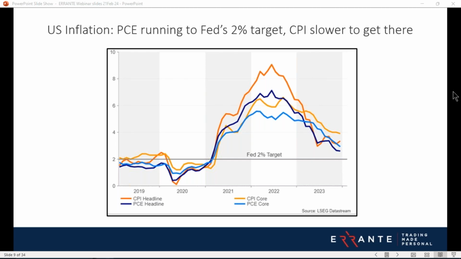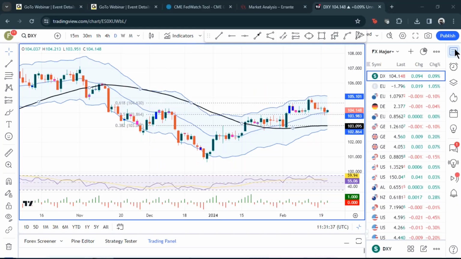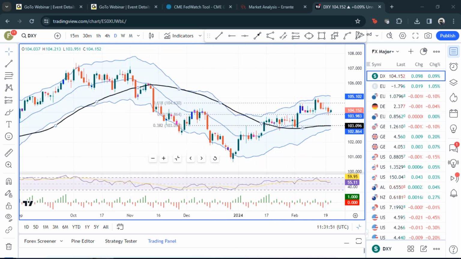There's not too much out. We'll touch upon it shortly, but we'll just go to the DXY chart, which is here. And hopefully you can see what we're putting up on the charts. This is the DXY chart. You can see a decent bounce back from this low from late December, below 101, the low at 100.61